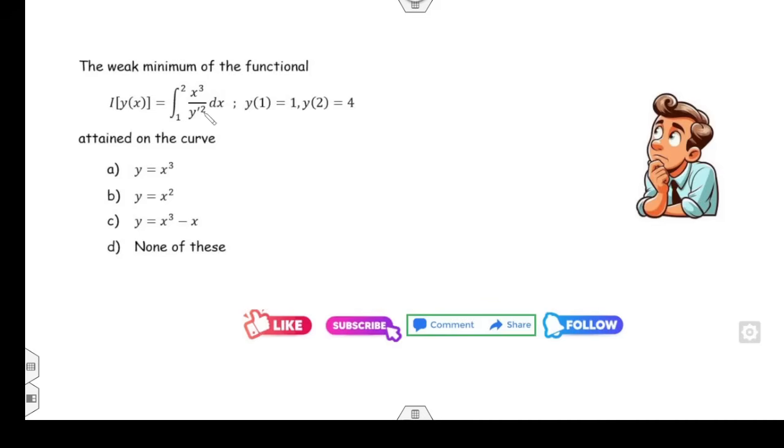चलिए, the weak minima is attained on which of the following curve? So many easy। पहले तो ऑप्शन ही चेक कर लेते हैं। y of 1 satisfied, it is satisfied, they are not satisfied। y of 2 is equal to 4, ये भी नहीं satisfied, ये satisfied हो गया। अब ये ऑप्शन हो सकता है या फिर डी ऑप्शन हो सकता है।